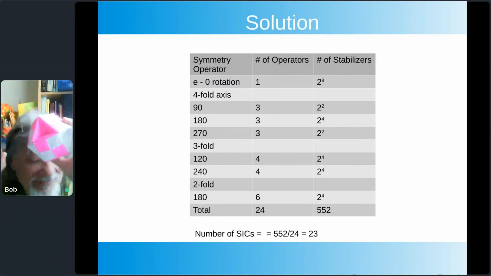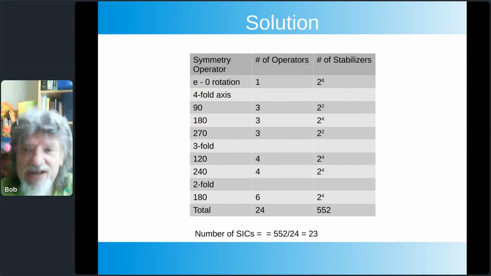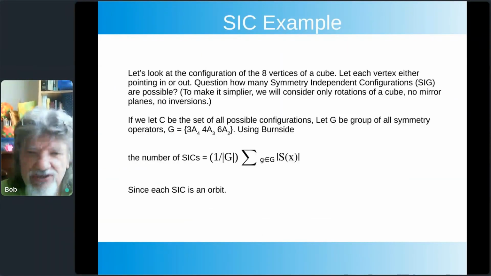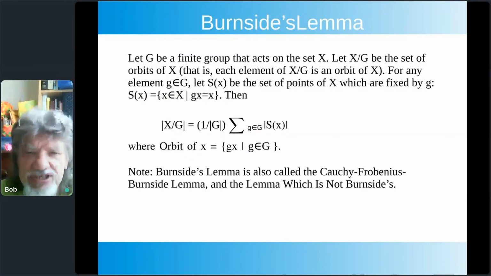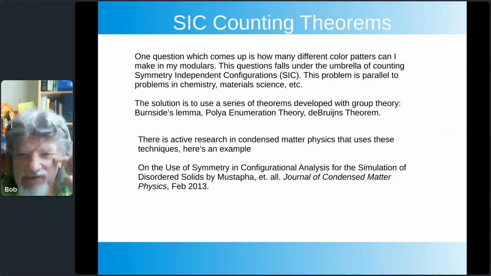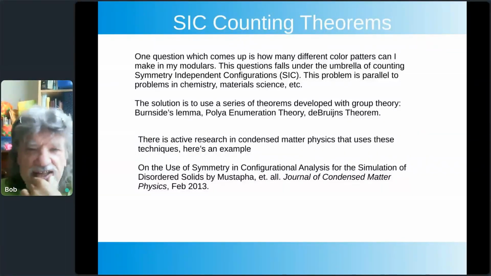Okay. And that basically is the wrap up of my talk. It's been a long time. I'm sure I went over. We covered a lot of material. Real quick back at Burnside. Oh, one other thing I want to mention, these other two theorems, the Cauchy-Frobenius and the other one I mentioned, you can look up. There's lots of references on them. I can give you a good one if anyone contacts me on the Discord, the group site. I can give you some other references, papers, and things. The polya enumeration theorem